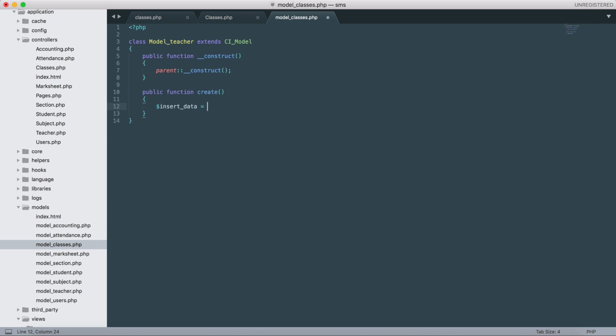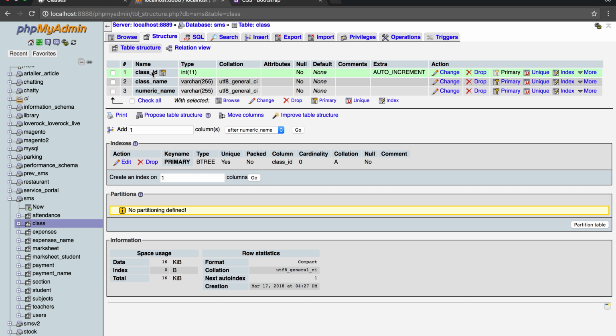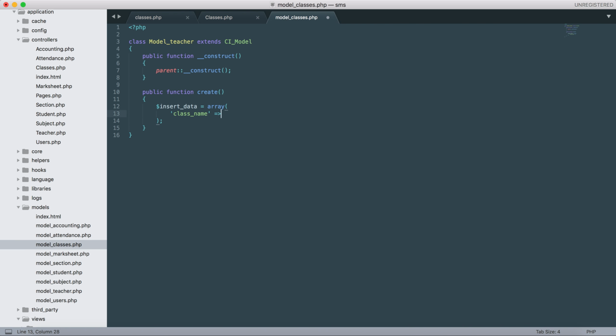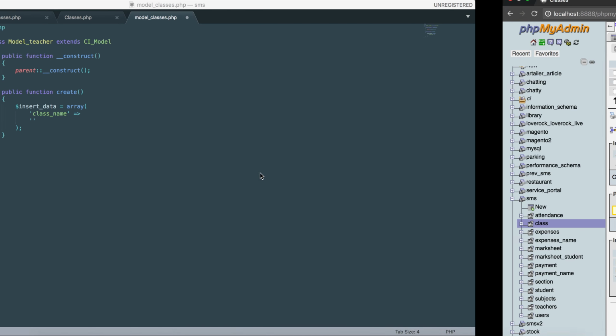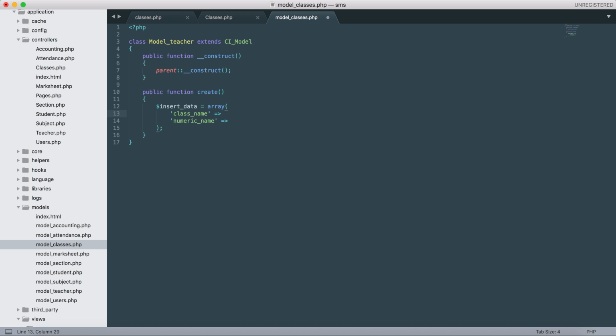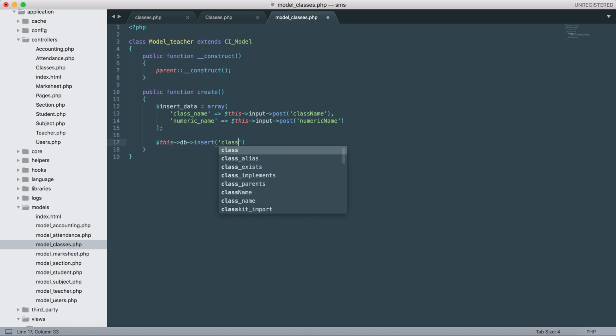So we get it from here: class name and numeric name. This input post class name, this input post numeric name. I think I will not use that. So db insert into class